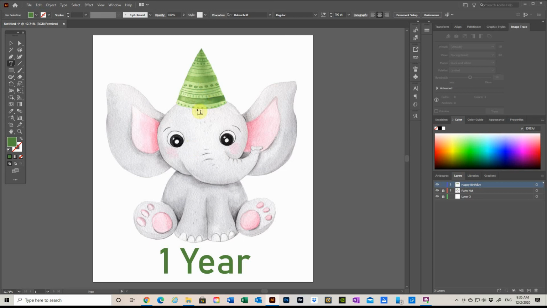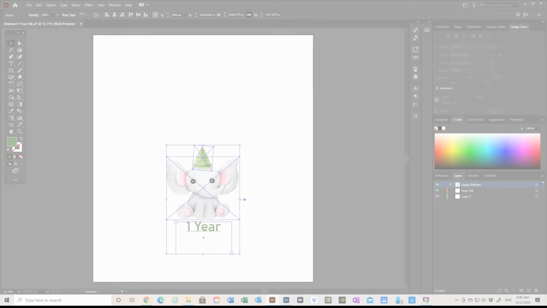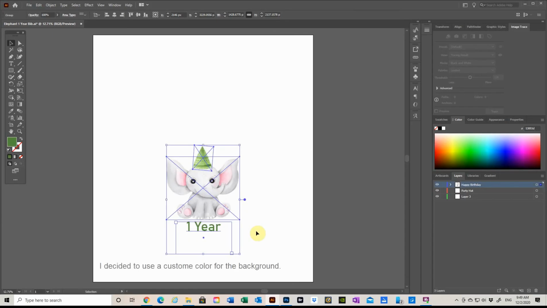Although I'm still limiting myself with the color, but is there anything else I want to add? Okay, I think I want to use a custom color,